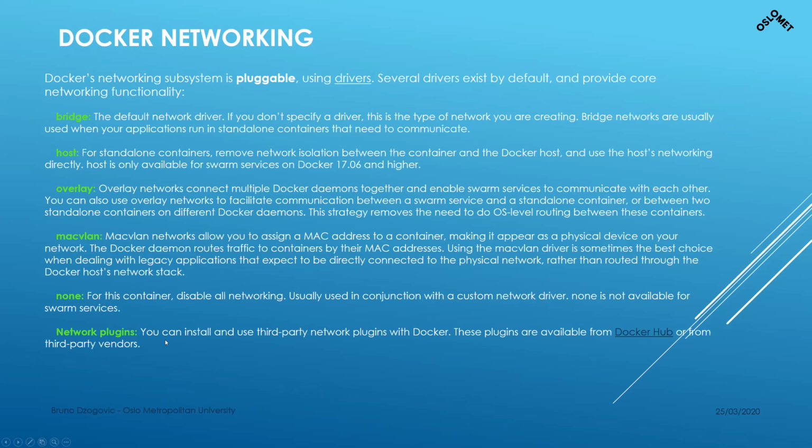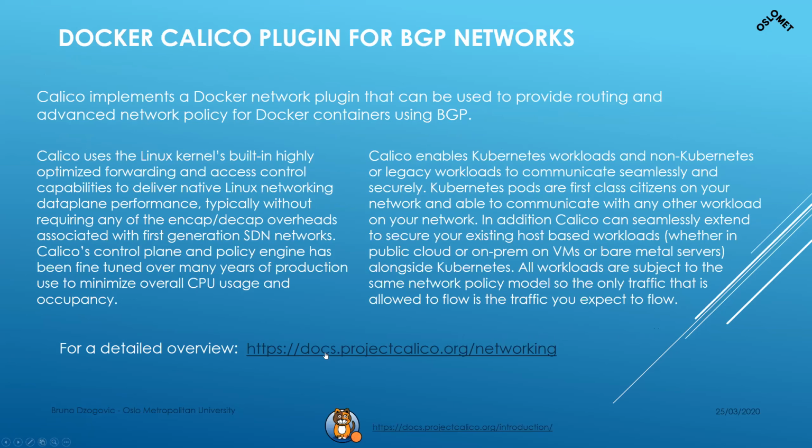So there are different options you can choose. And these plugins are available from Docker Hub. I provided a link here. You can check it. There are also lots of other plugins. They are all called container network interfaces. So it depends on what you're doing. You can interchange these. One of the plugins I use mostly is called Calico.